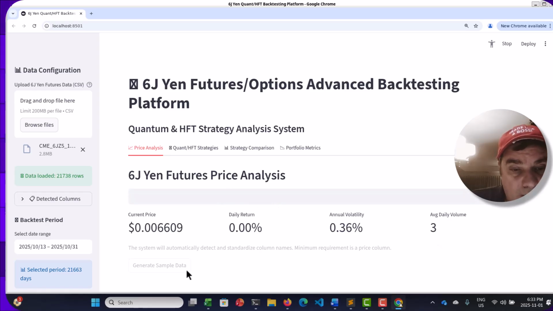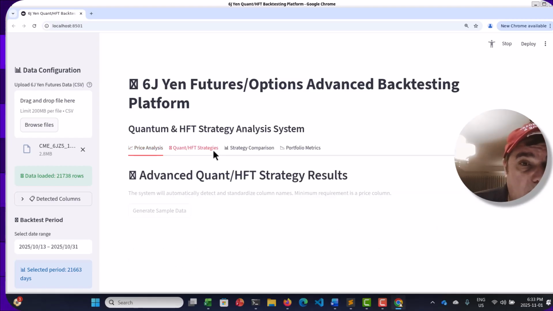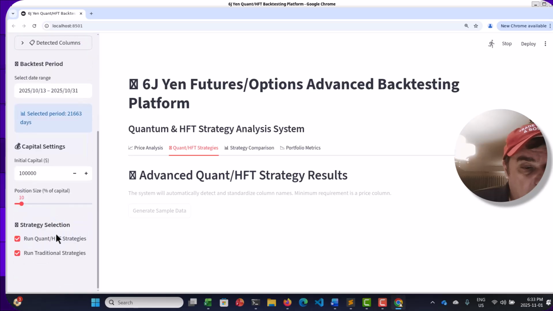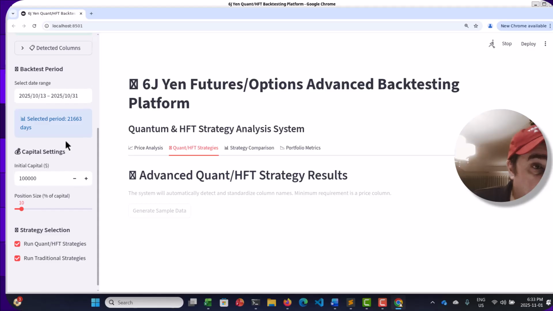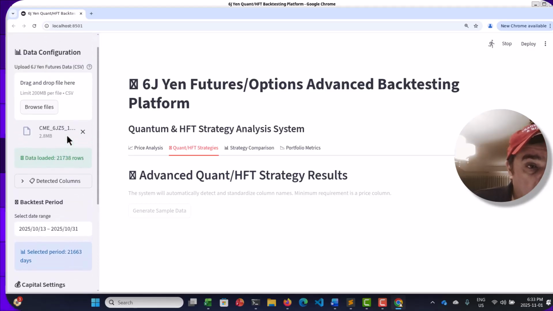Looks like it's still running. Yeah, it's still running here. So again, we might have the same problem with these big data sets. Again, I can go back to using the sample data sets as well. So here we have, what are the strategies that we have here? I guess it'll show up once it's run the analysis here.